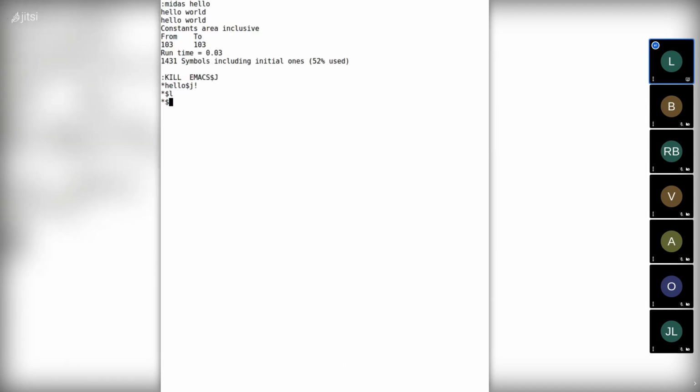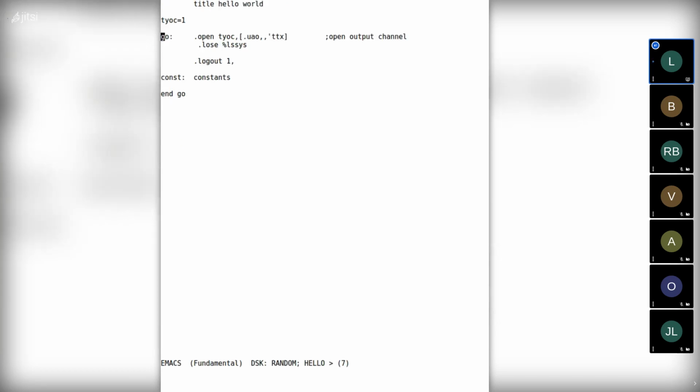Let's try this. And we see that DDT now can type out the exact error message, no such device. And that's what we did expect, because there's no TTY device.